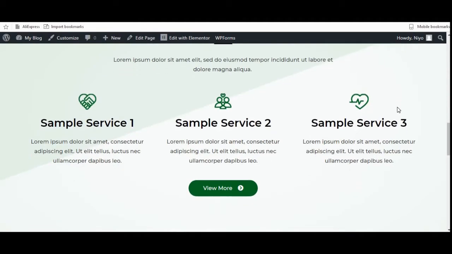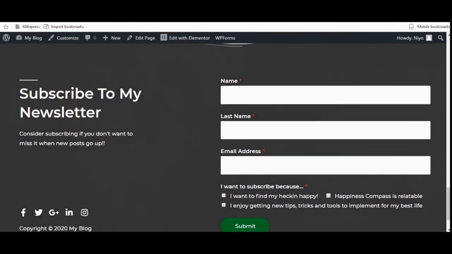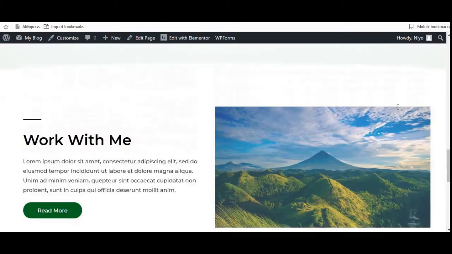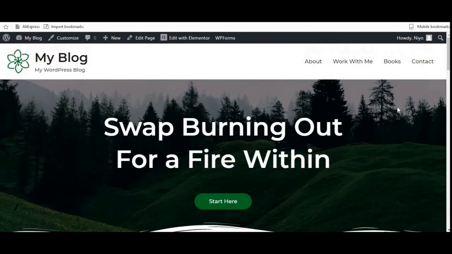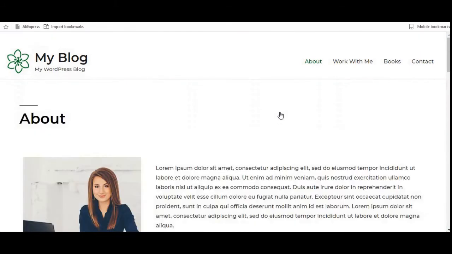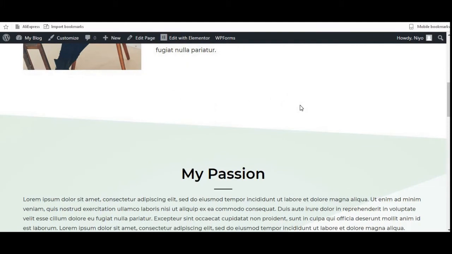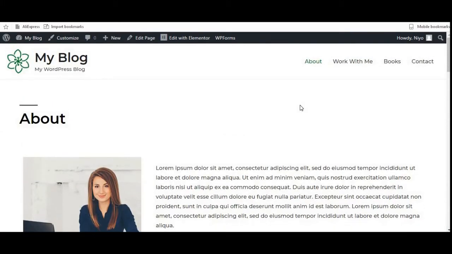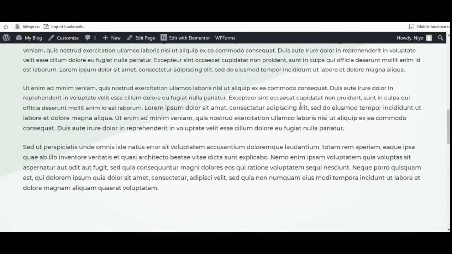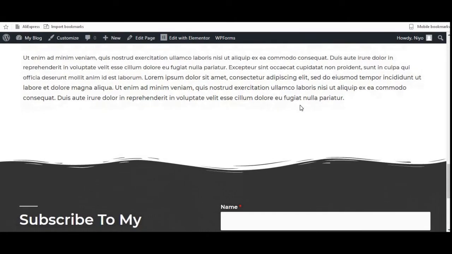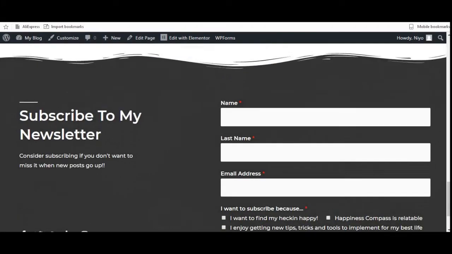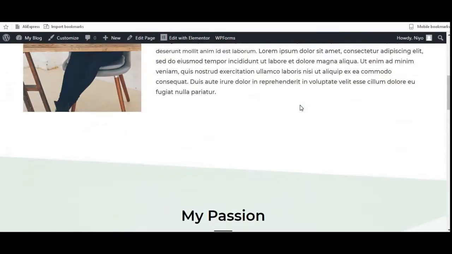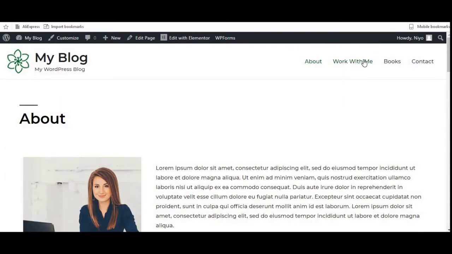It's clear, it's to the point, it's straight. Look at how beautiful this is with just a few minutes of work. This is the home page, and we go to the about page. You can see the about page too. There's just dummy text here, which obviously we are going to edit and write anything we need. My passion, different things. I shall teach you how to remove certain sections that you don't need and just leave